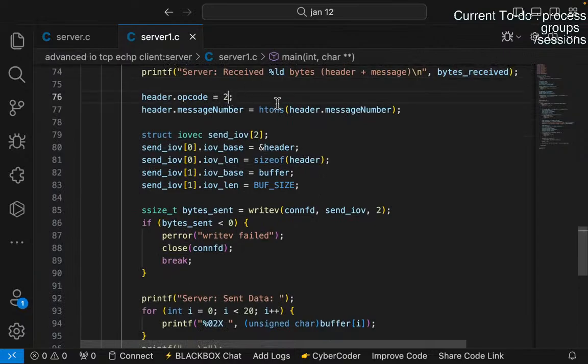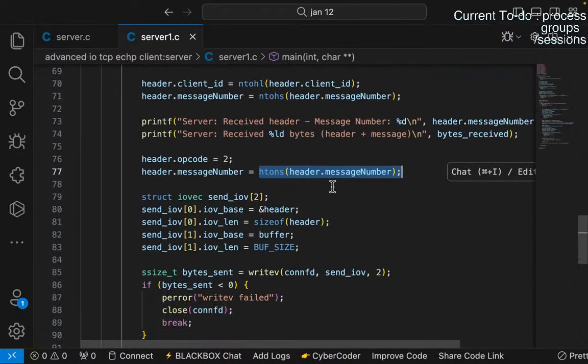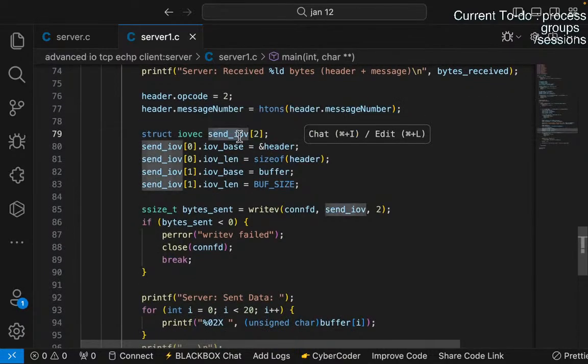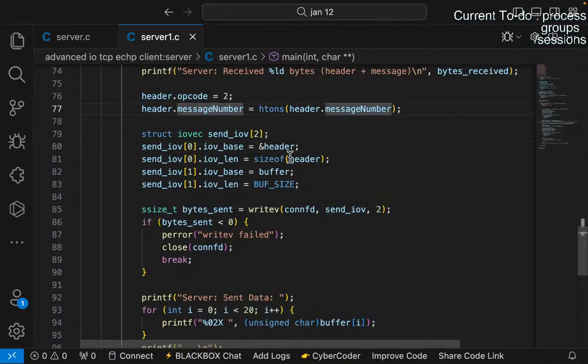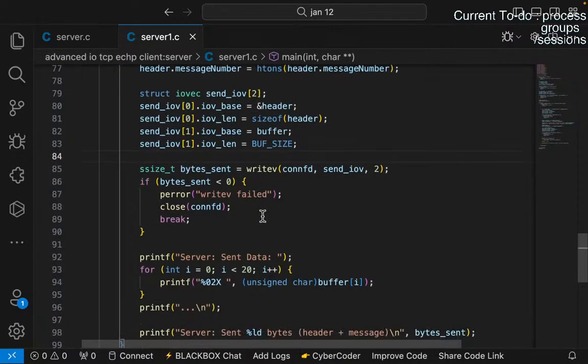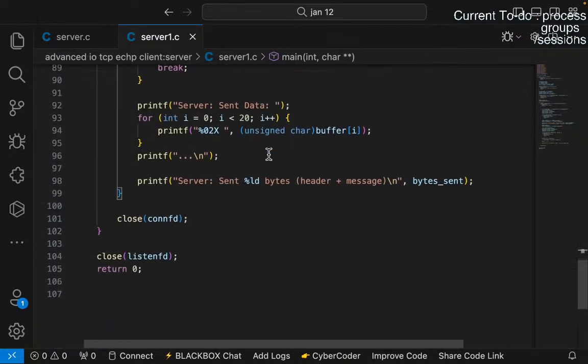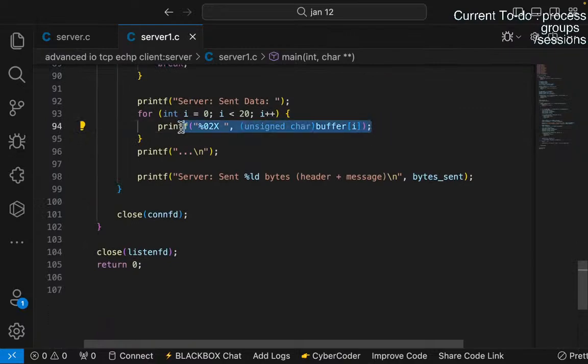Header.opcode is 2, as the header, and again you're sending these things back. So you basically send iov and header, size of header, buffer size, and then you're writing into send iov, right, using writev, send data using 0x, which is hex data,